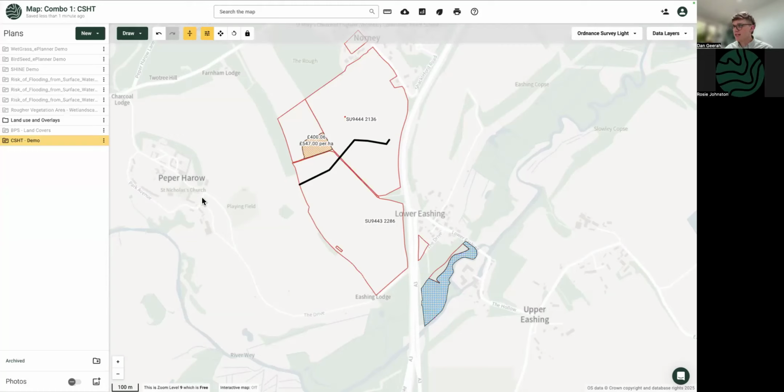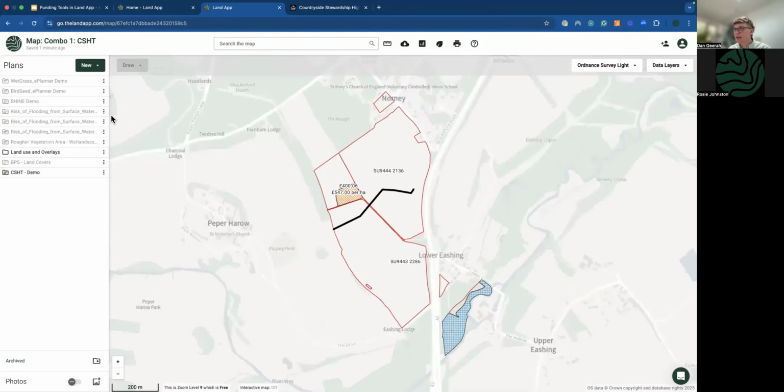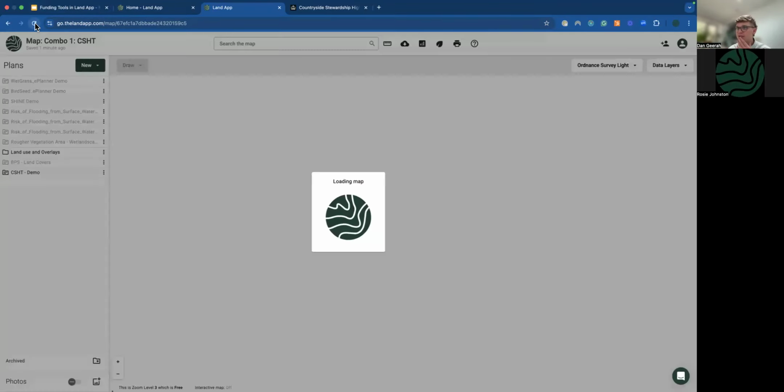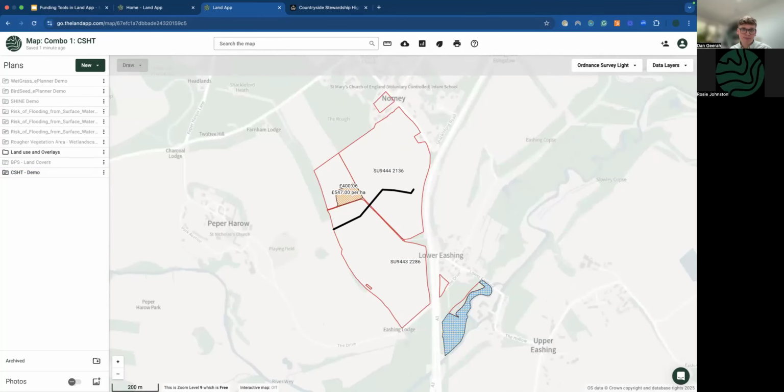What this does is take this very basic Countryside Stewardship Higher Tier that I've created and check it against a number of the rules that we mentioned earlier. We obviously mentioned things like overlapping features or the fencing. I'm just going to refresh my screen and hopefully, if things in the background are running, it's going to tell me if my stewardship options are eligible, at least based on the non-exhaustive list that Land App has created for this particular farm. This is hopefully going to come through, and check in the background.